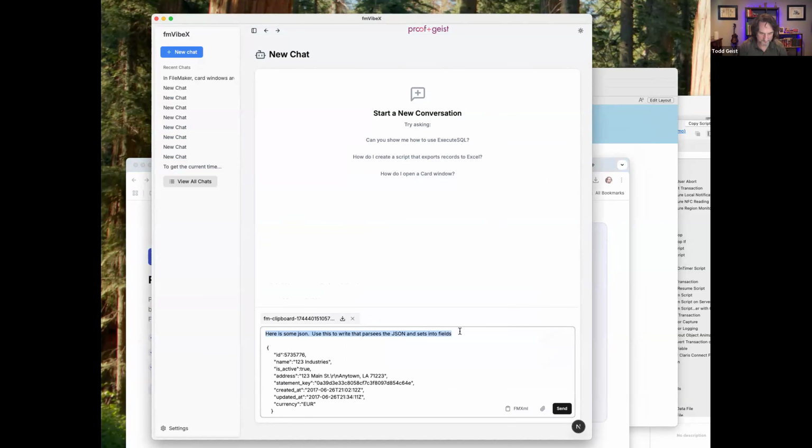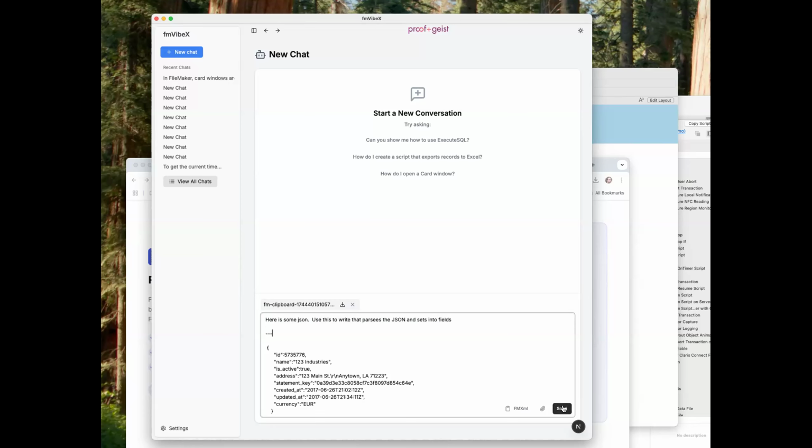There's my JSON. You'll need to mention a script that you need. Write a script. Oh, use this to write a script, write a FileMaker script. Thank you.